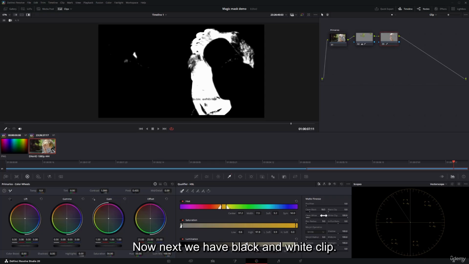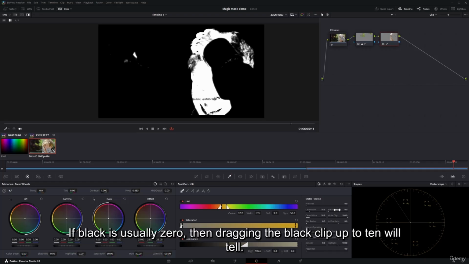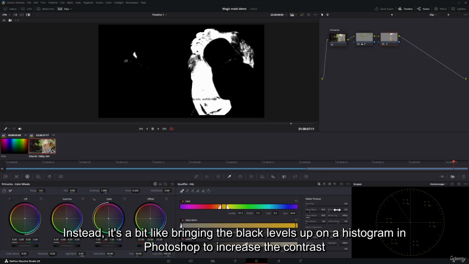Now next we have black and white clip. So, black clip. You might remember this one if you work with green screen. Black clip raises the value of what we consider to be black. If black is usually 0, then dragging the black clip up to 10 will tell Resolve that anything under 10% brightness should be considered pure black instead. It's a bit like bringing the black levels up on a histogram in Photoshop to increase the contrast of an